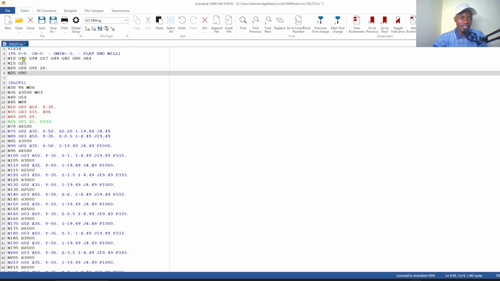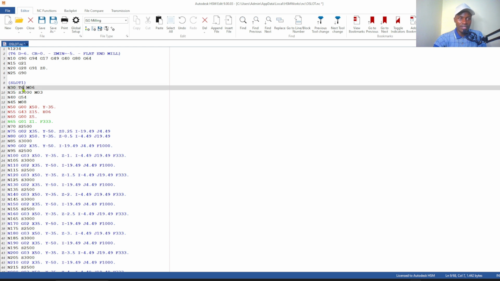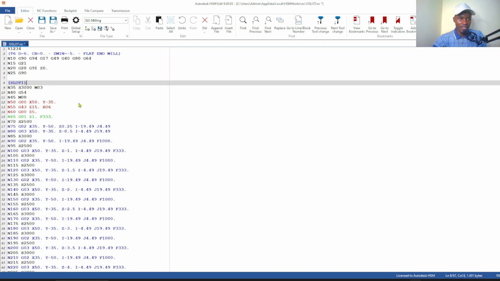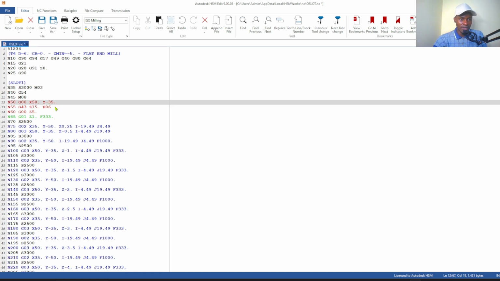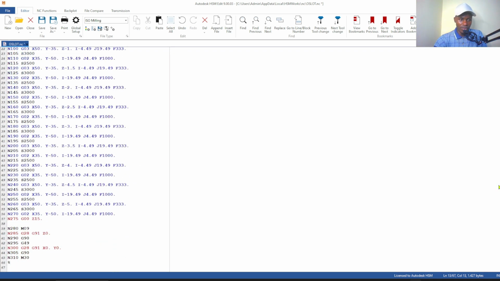The G90 is the same as G90 above. So if you are going to change your tool manually, then there is no need to remain with this line of code. T06, M06. There is no need. If you are changing the tool manually, you can delete that line of code. There is H06, which is tool offset. Remove it. Then you can proceed to the end of code.